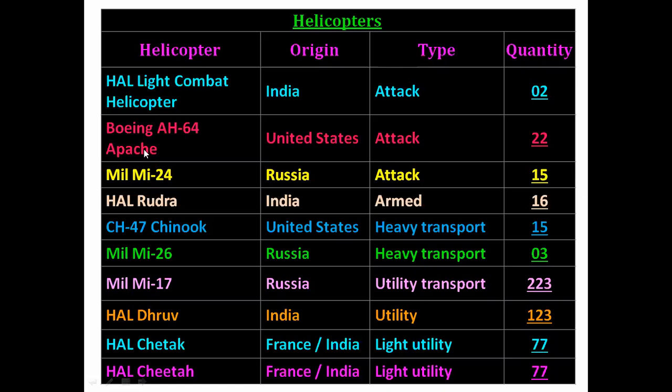Next one is Mil Mi-24, which is of Russian origin. Again, it is for the purpose of attack, and there are 3 such helicopters in the forces. In these 3 we have considered